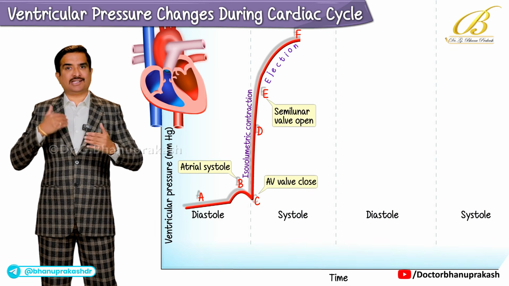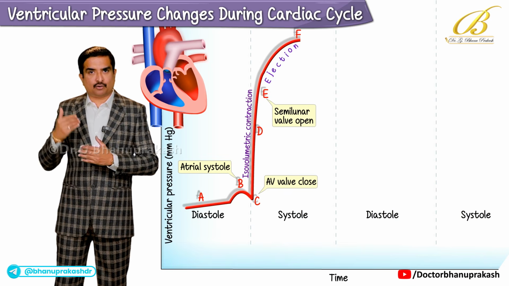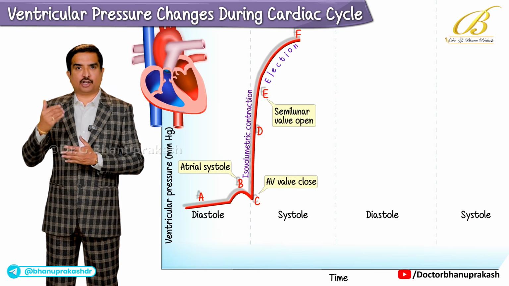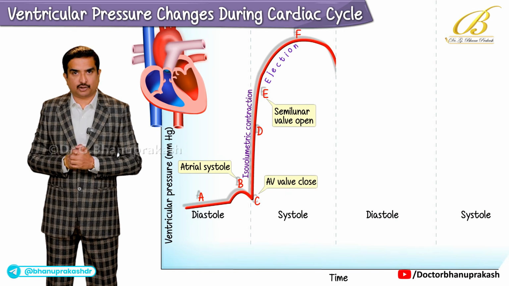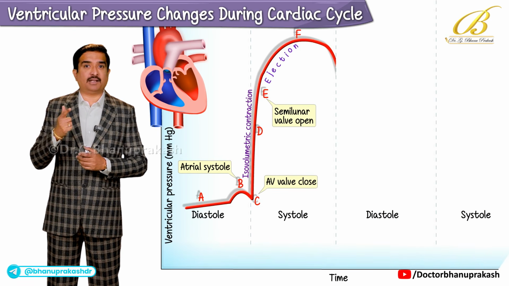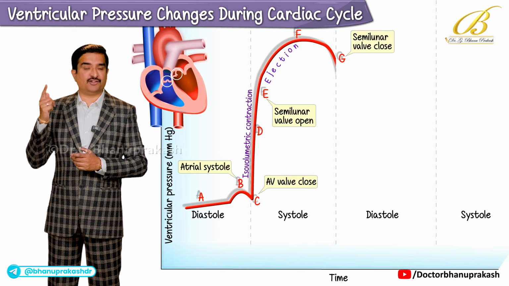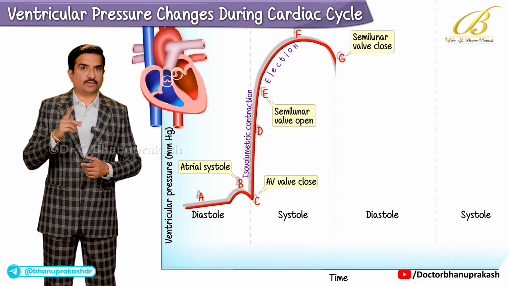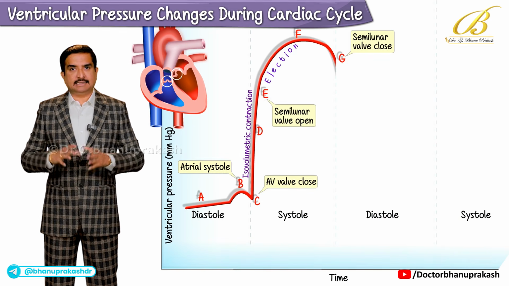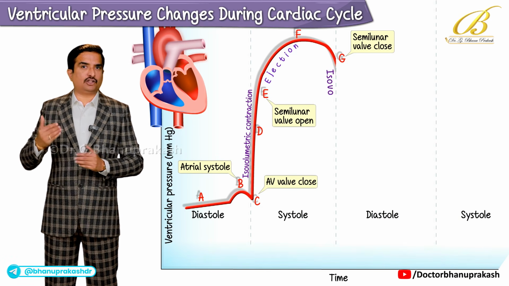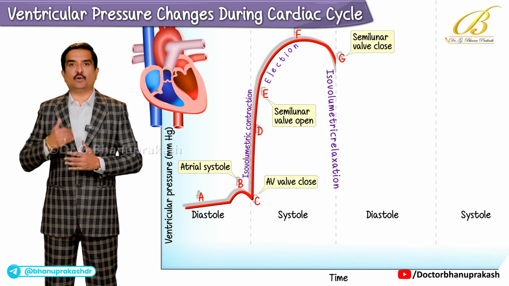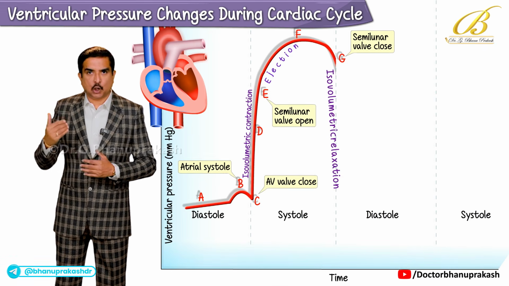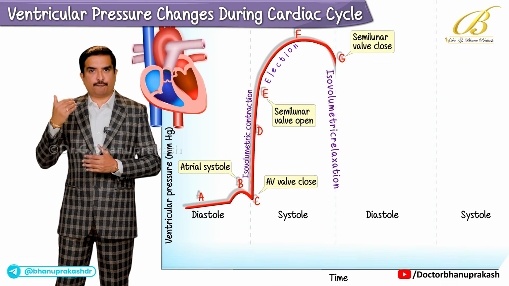After ejection is completed, the ventricle begins to relax. Once the ventricular pressure drops below the pressure in the great arteries, the aortic and pulmonary valves close, that is point G, which represents the protodiastolic period of the cardiac cycle, producing the second heart sound. This signals the start of isovolumetric relaxation, during which the ventricles are still closed chambers but their pressure is falling, that is